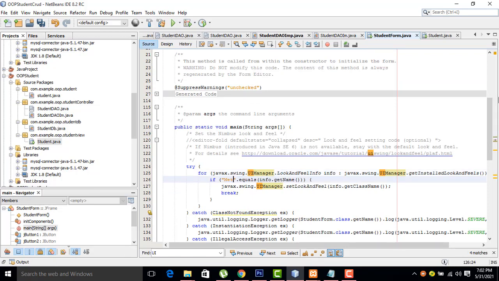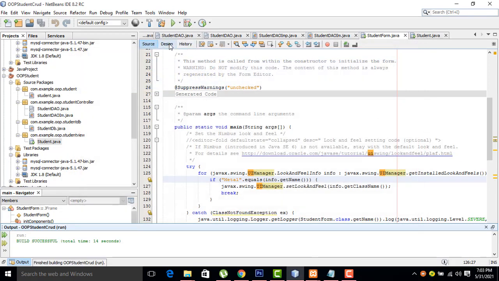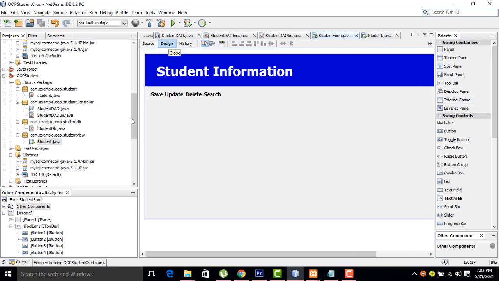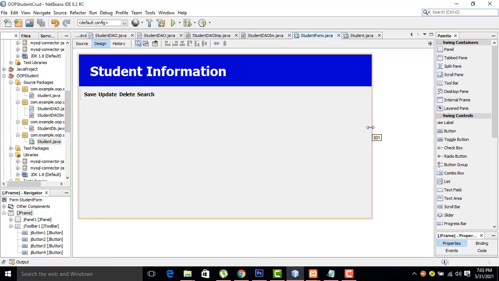So you write that, and now you have to run the program. You can check here. This is the Java look and feel of the application, the actual Java look and feel. You can check here, right? It's very simple stuff you have to do, right? Okay, here we no need this. Okay, right.